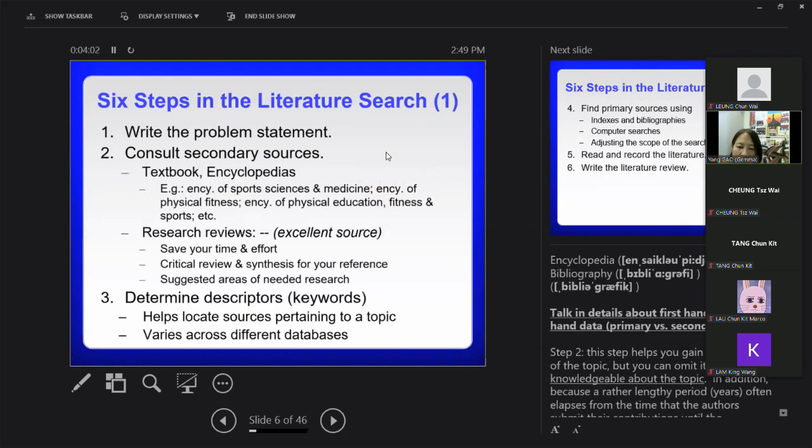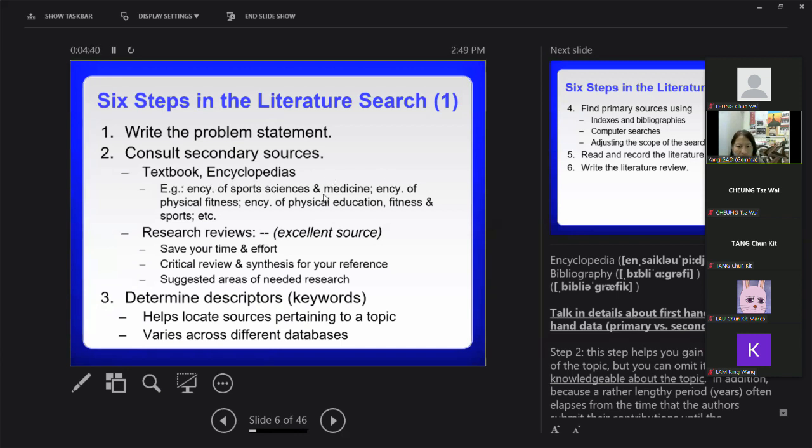So here, for conducting a literature search, it should be step by step. Here are the 6 suggested steps for searching the literature. First, write down the problem, and then take a look at the secondary sources. What are secondary sources? As I mentioned, the research review articles. Except for the review articles, you can also refer to a textbook,